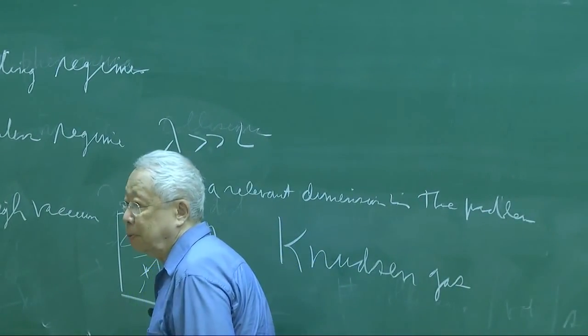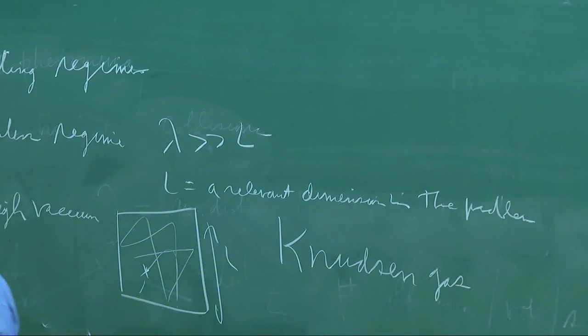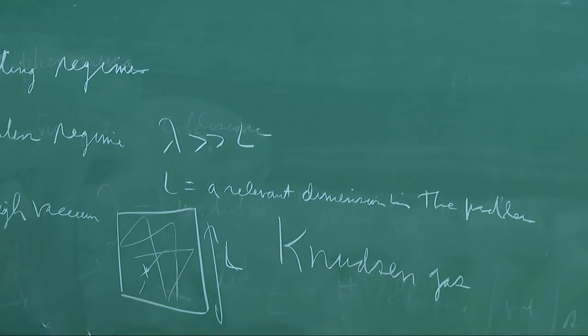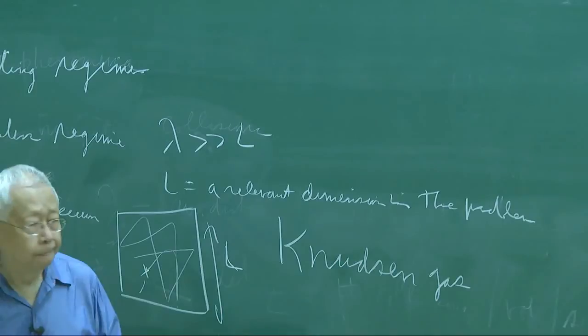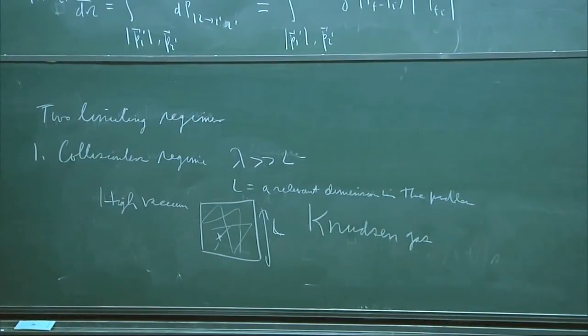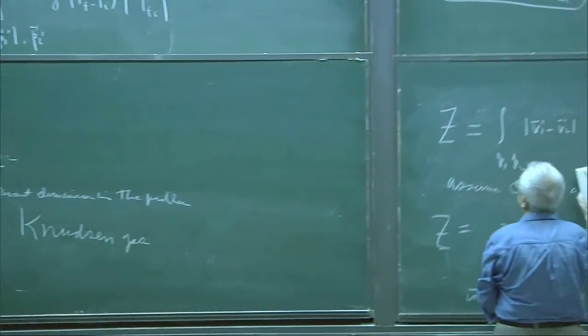It's very important because experimentalists always have vacuum systems, and it's very important to understand your vacuum system. In a vacuum system, you had better have the collisionless regime, right? So you're in the regime in which the mean free path is much larger than the size of the box. Another manifestation of this regime is when a gas flows through a hole. The hole is small relative to the mean free path.